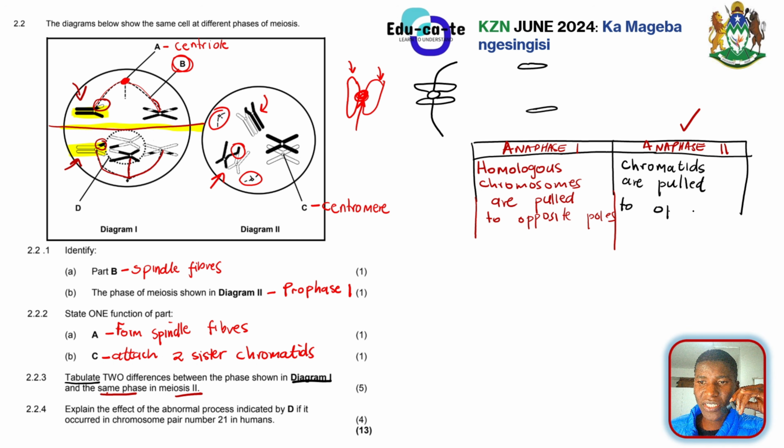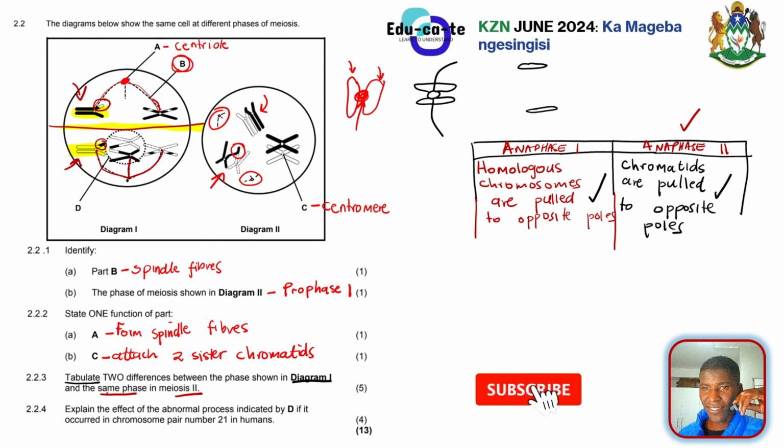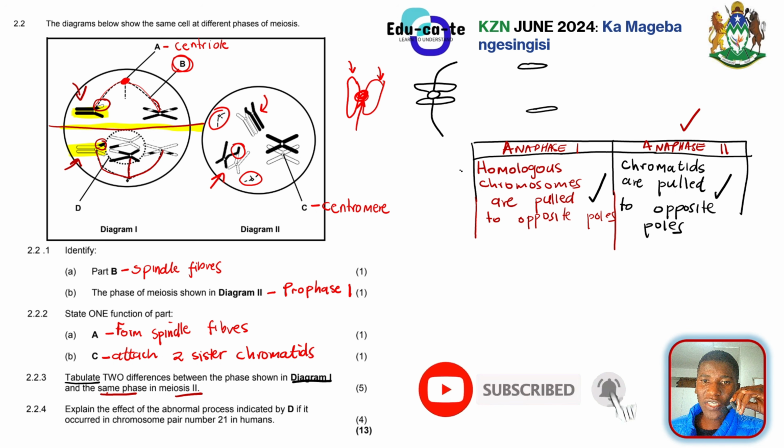You can use your fancy English now, but basically, that is one difference between them. Each and every difference has got a mark. This is 1 mark, and then this is 1 mark as well. So I've already got 3 marks just by mentioning one difference and tabulating. The question said tabulate, grade 12. So the moment you don't write a table, it means that you are not going to get the marks. Okay, that's just clear and straightforward. All right, so that's one difference.